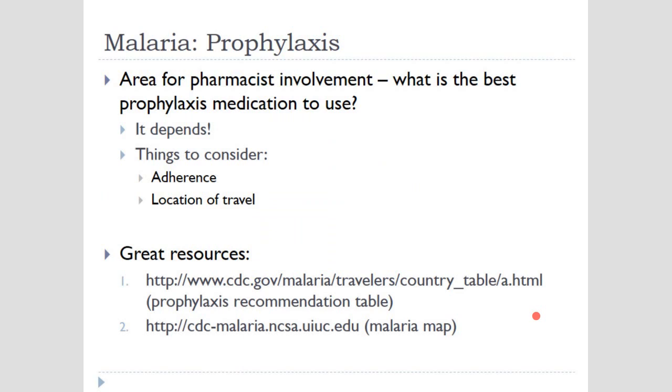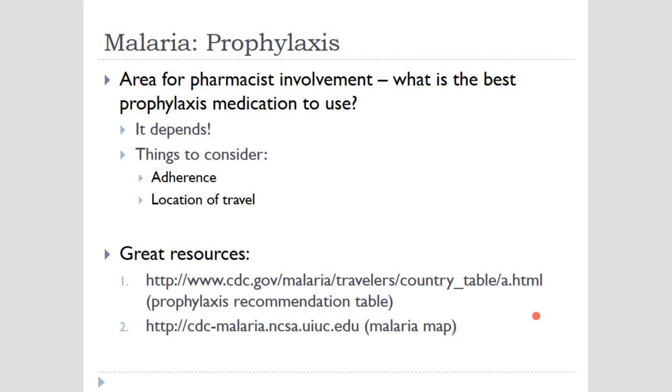But again, I can advise you that there are tables for each and every country, and there are recommendations from the CDC on what needs to be done, and there is a world area map. You're going to spot, I'm not going to ask you other than what I just told you, Central America, Central Africa, and India. These are the three major red zone areas where, if you travel,